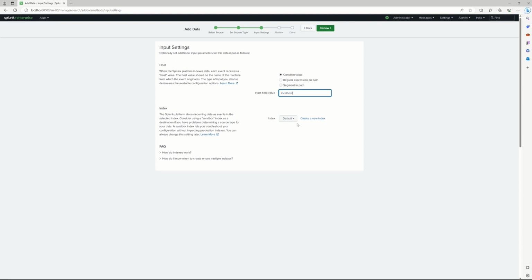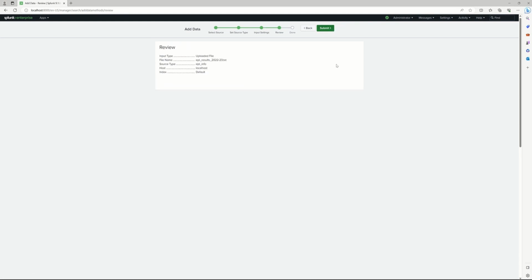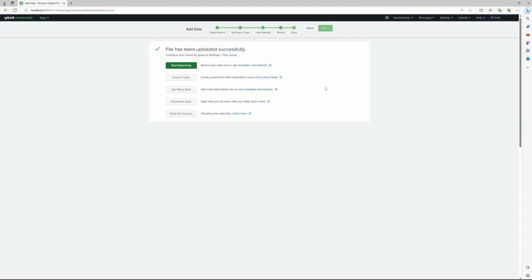And then when it comes to the index, if you had some index pre-configured, an index name, you can just pick it from here. But if you don't have that, you could as well go ahead and create an index, right? We're not going to do that now. So really, as we said, it's going to just put this in the main index, right? Because that's the default index. So let's go to review, and then we hit submit, right? So it says file has been uploaded successfully. Now, if we go to start searching,